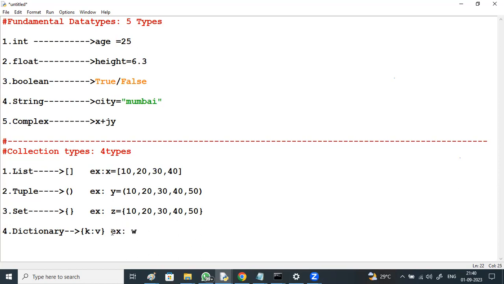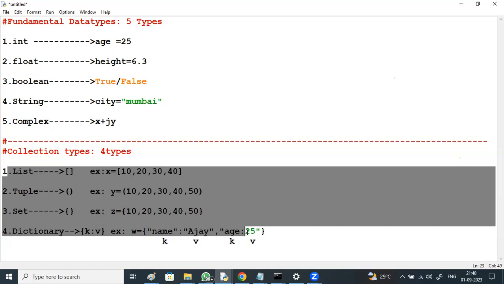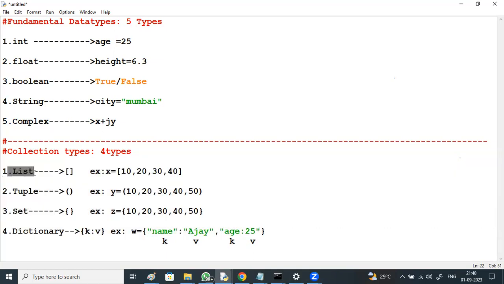Dictionary means like name, Ajay, age 25. This is key and this is value. This is key and this is value. So key value representations, right? We have got a lot of discussions on these collections: list indexing, list properties, list creations, list functions,